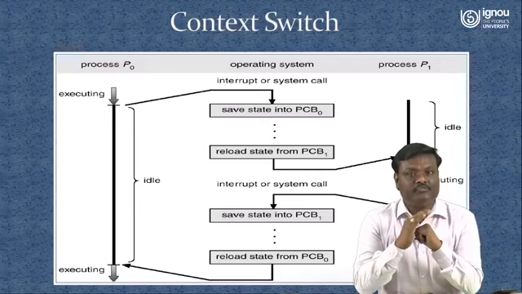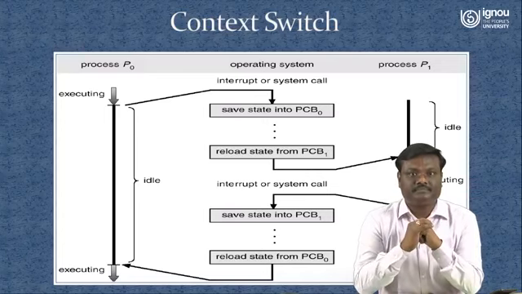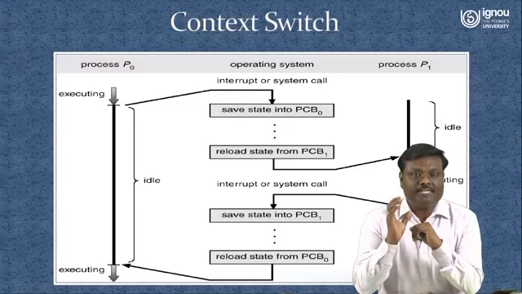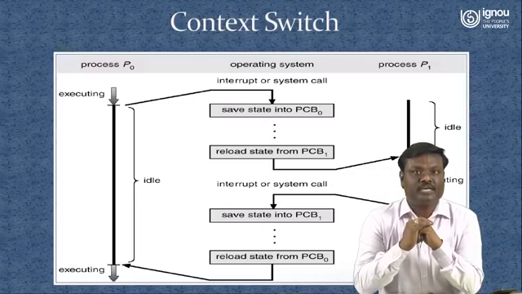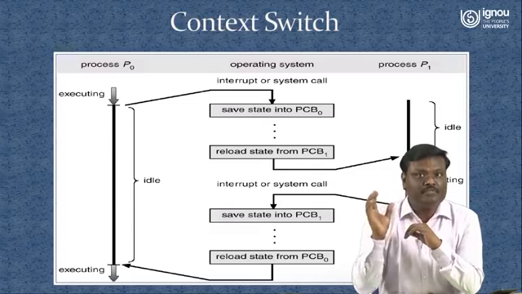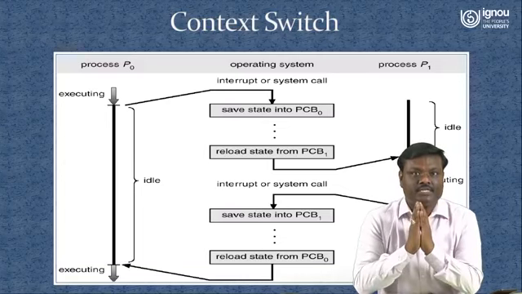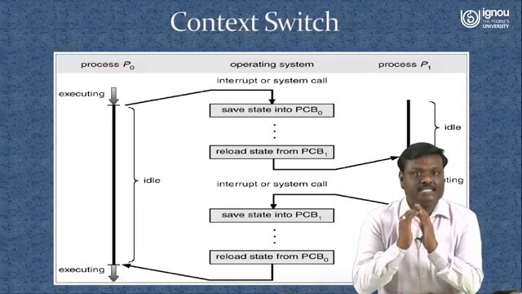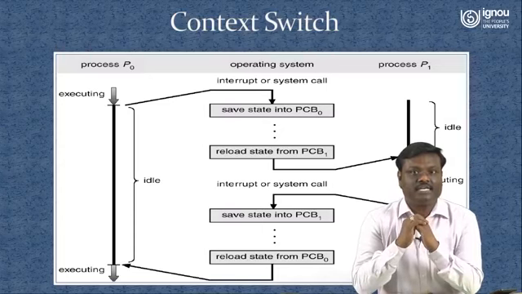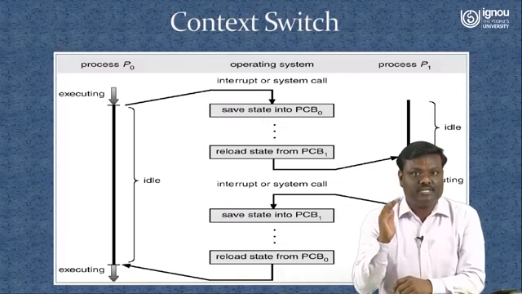Then the CPU will shift to P1, and afterwards the complete PCB1, since it is a resumed process, PCB1 information is loaded, so it has the complete information. From the next instruction where it left off, from that instruction onwards, process 1 will be